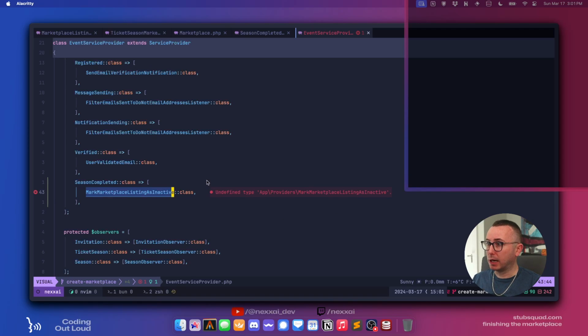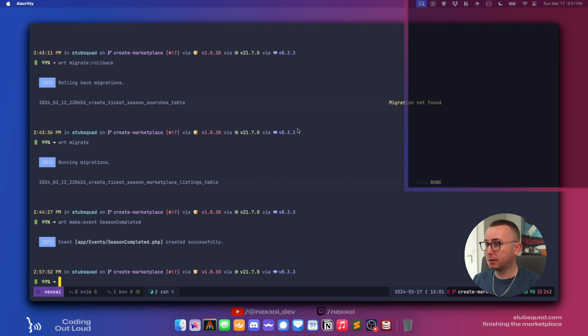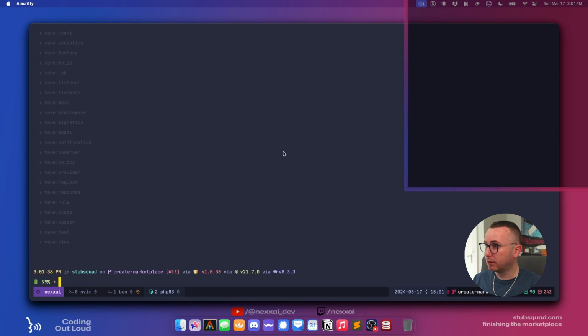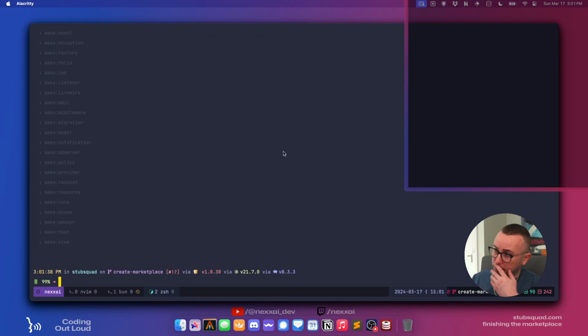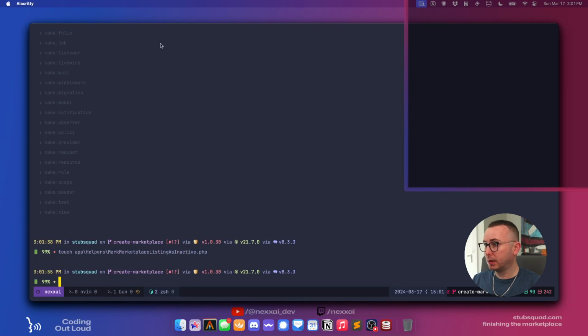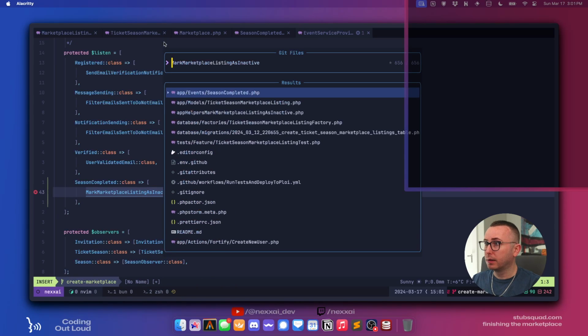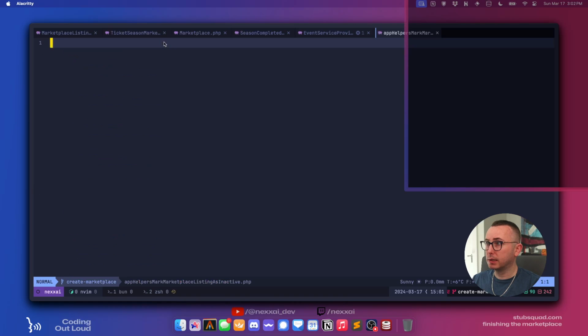So this is where we want to actually implement this. What is this going to be? Can we do class? No, we can't. So let's touch app helpers, mark marketplace listing as inactive.